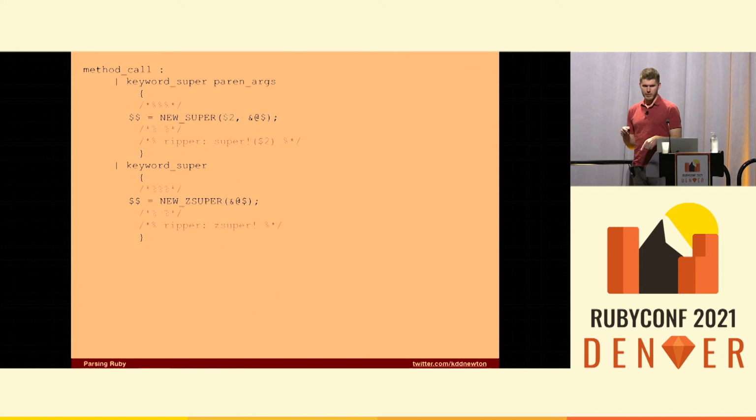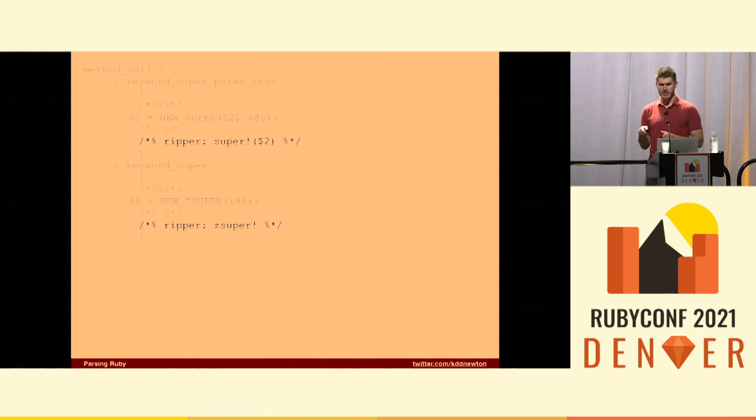So this is also in parse.y in Ruby, and this is the part of the grammar that is handling the super calls. Whenever you call super, you can call super with no arguments, or you can call it with arguments. And you might see in the faint font that weird comment. This is how Ripper works. Ripper has comments all over the parse.y file. Ripper then builds its own parse.y file based on this file using those comments, using macros. It takes those comments and then builds its own parse.y file, which it can then dispatch different events.